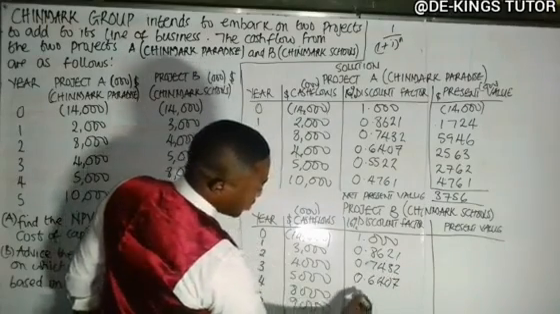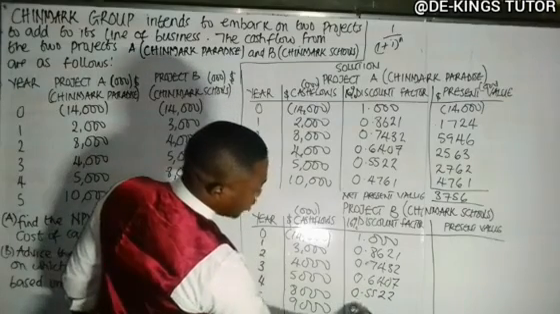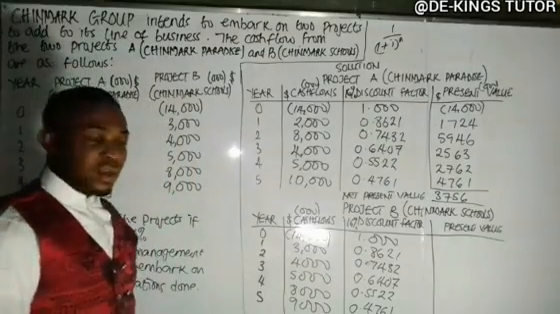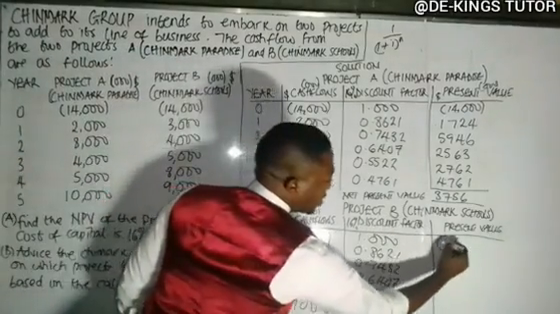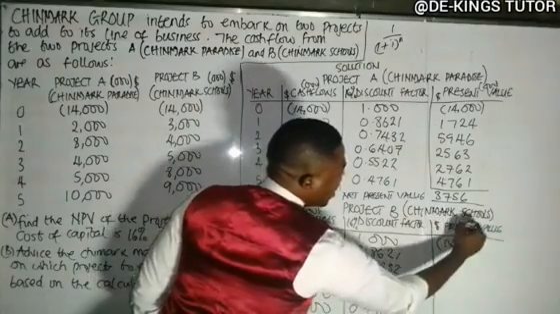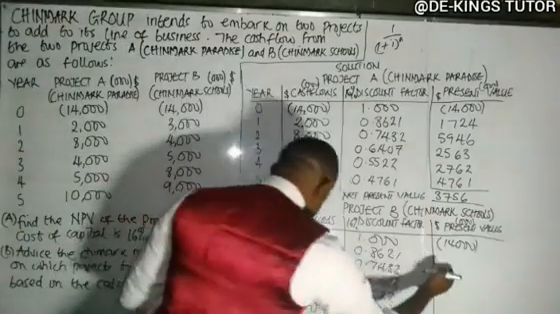0.6407, it's 0.5522, and this is 0.4761. Okay? So to get the present value, it will now be this multiplied by this. So this is giving us 14 million. It's in dollars. Okay? This times this will give us